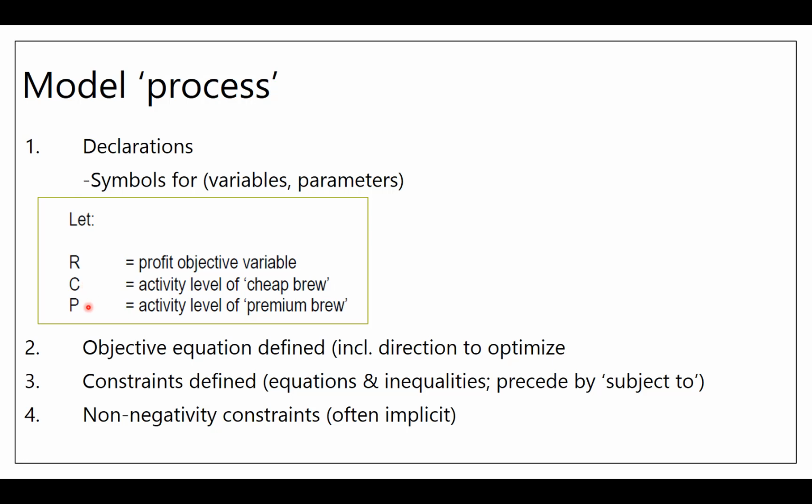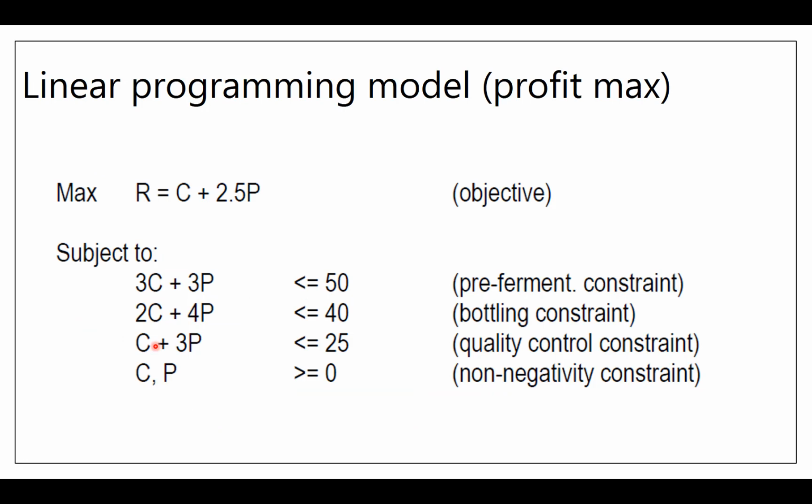Or for premium brew, right? So these non-negativity constraints work on the activities or the choice variables, and in this case there's no choice that makes sense that we could even logically talk about when those are negative values. Okay, the algebraic look at this problem again is from your notes,